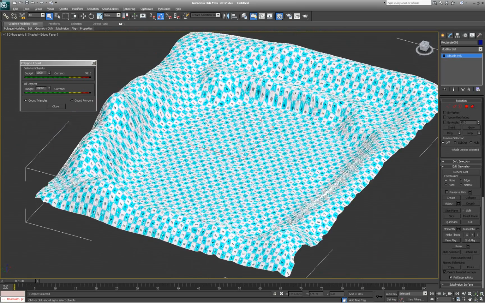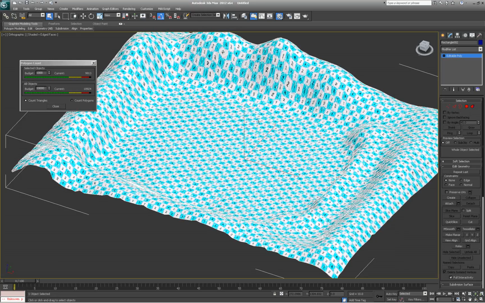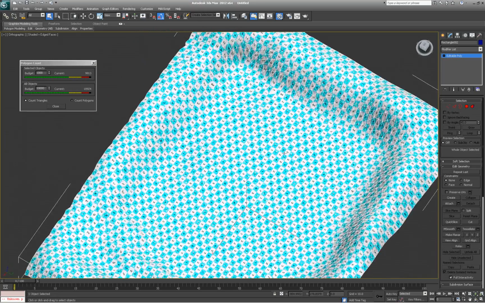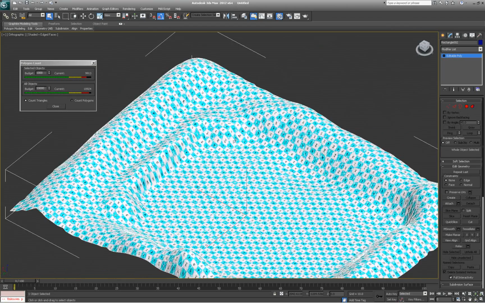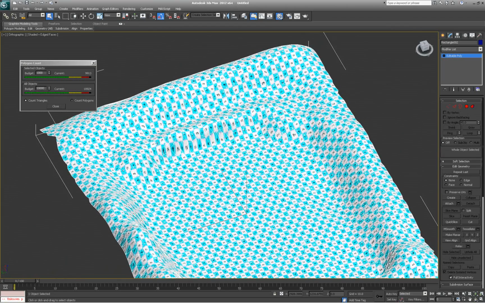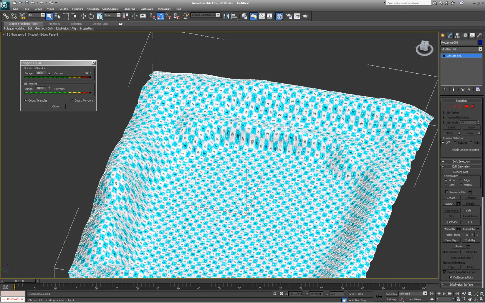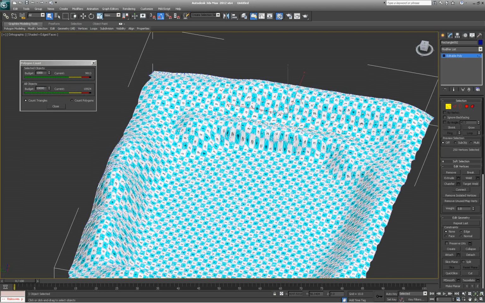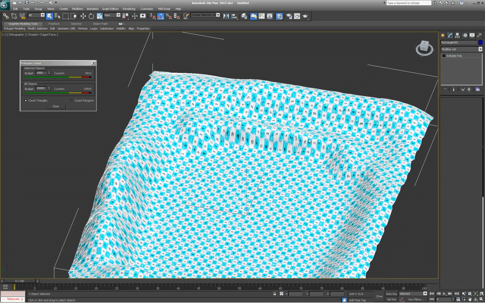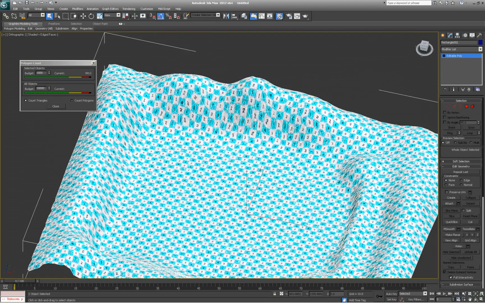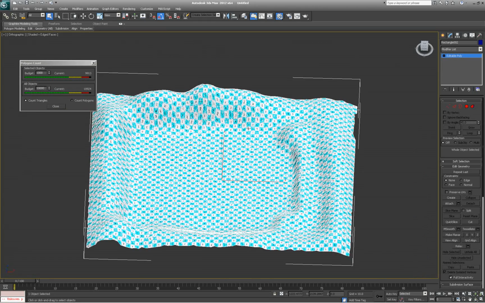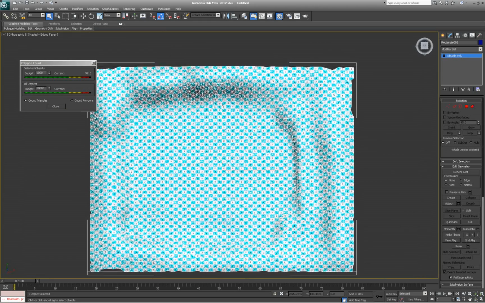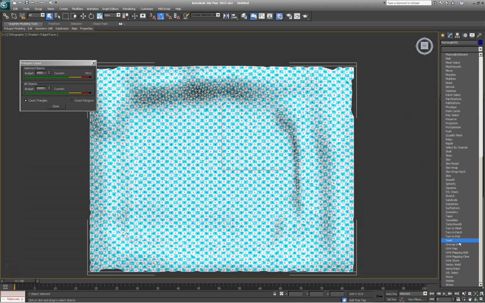So as you can see, we have a fair amount of distortion occurring within our map. But it's still not as bad as it could or would have been if we had used quads or polygon objects. We could spend a little bit more time to balance things out at this level by just selecting our sub objects and going back to push-pull, relaxing things a little bit more until things are a little bit more averaged out. But in this case, since this is a solid sheet, what we're going to do is just go ahead and pelt map this to remove all of the distortion, and we'll select our UV mapping